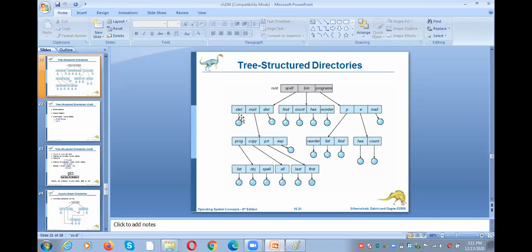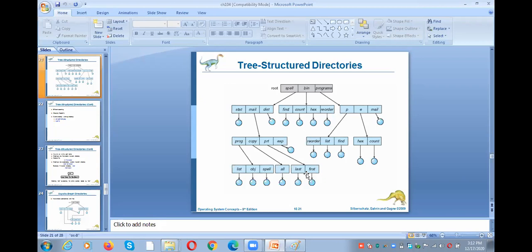For example, here if you observe stat, there are no subdirectories, directly it has a file. But in the case of mail, it has four parts, and under those four parts there is again a next level. Like that we can divide things into any number of levels. A directory may have a subdirectory, that subdirectory may have another subdirectory, and so on.